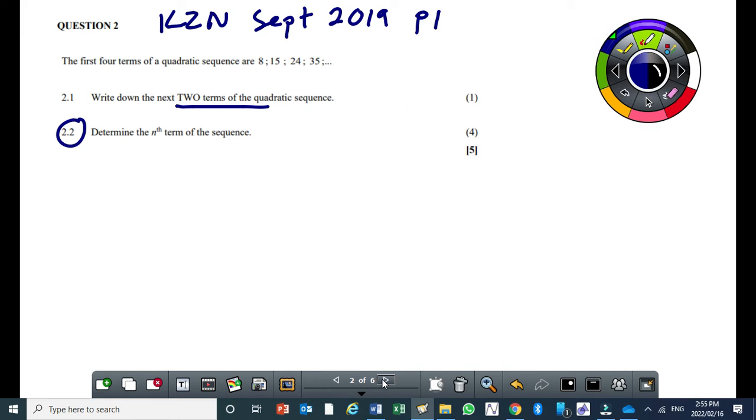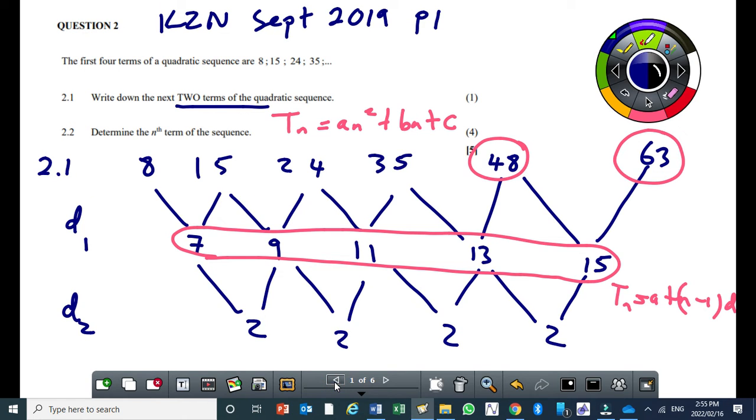Okay? So first, we need to determine the value of a. So 2a, remember this line? 2a is equal to the second difference. So a is going to be 1. 2a is equal to the second difference. Then the second difference here is a 2. The second difference is a 2. Right? Then,